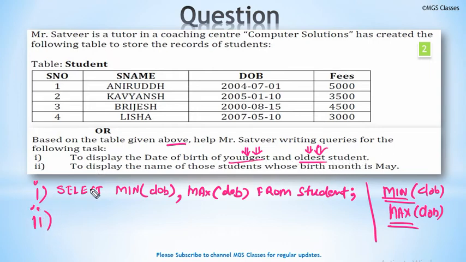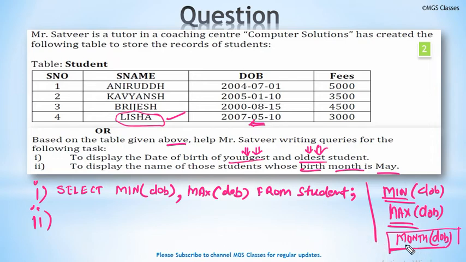The second query is what? To display the name of those students whose birth month is May. Let's suppose the output will be Lisa, but he is asking not for the output, he is asking for the query. So how will you write this query? Do you know how you can extract the month from this date of birth? You can use the month function to extract the month. So if you write month of DOB, then it will return the month number like 5, 8, 1, 2,